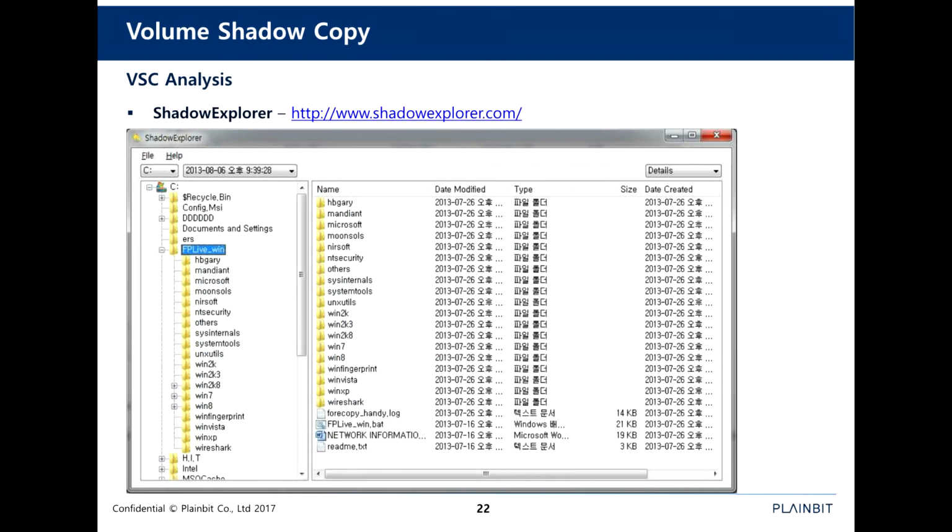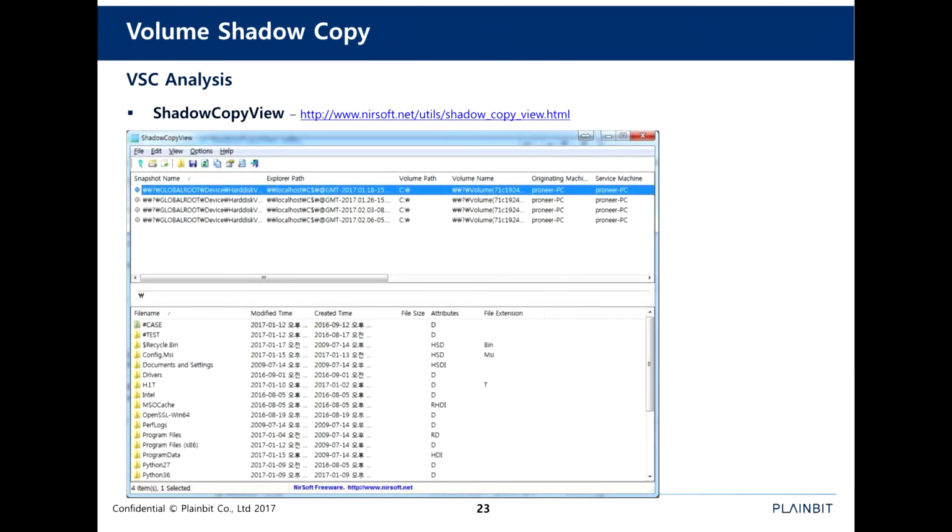The following is a tool named Shadow Explorer, a VSC-related tool that can be downloaded free of charge from the internet. It can be downloaded through the URL. As above, this is an example of VSC-related tools. Shadow Copy View is a VSC-related tool that can be downloaded free of charge from the internet. It can be